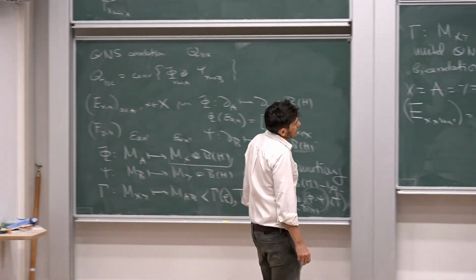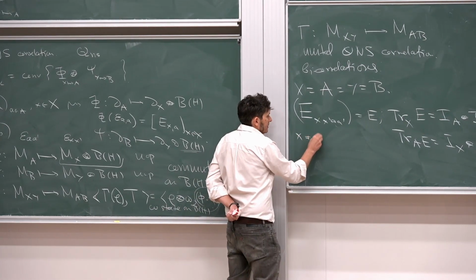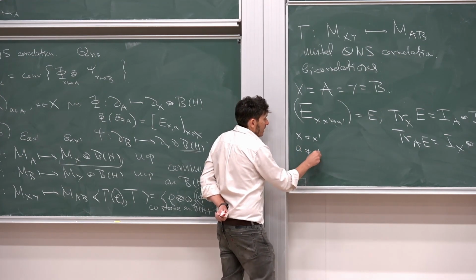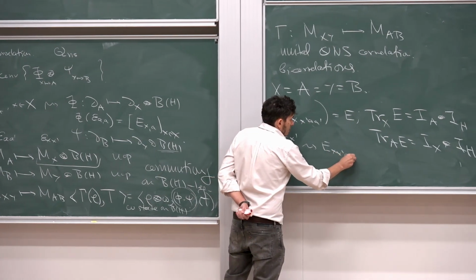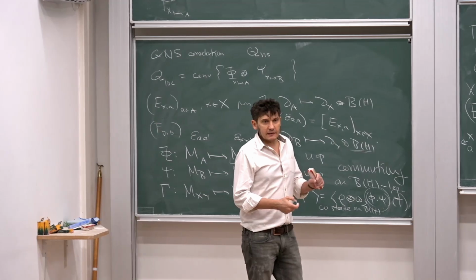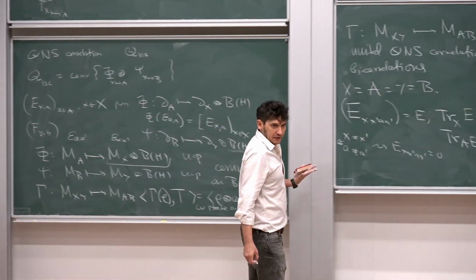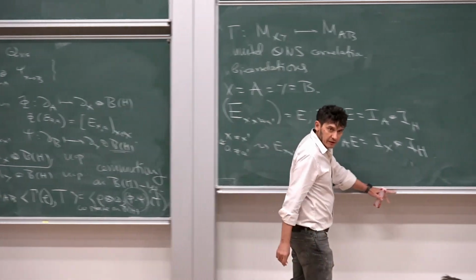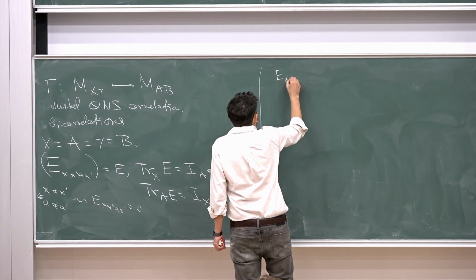If you take a look now at what's happening if this is classical: classical means that if x is not equal to x prime and a is not equal to a prime, then these are all 0. So in other words, the only thing that remains is x equals x prime, a equals a prime. What does it mean that it's bistochastic? It means just that it's a magic square in the sense of Gemma and authors. So it just boils down to something like that.